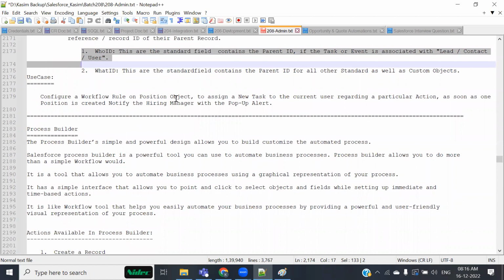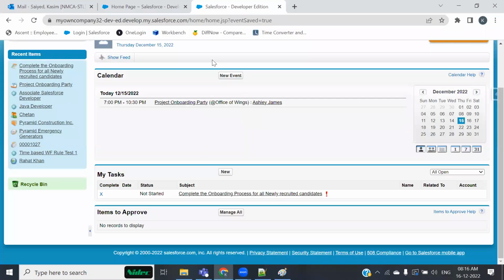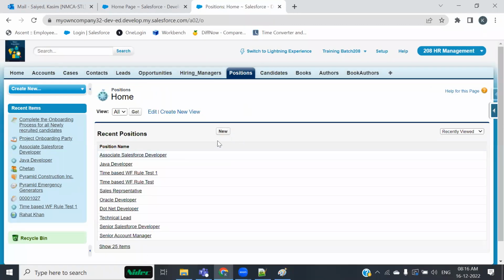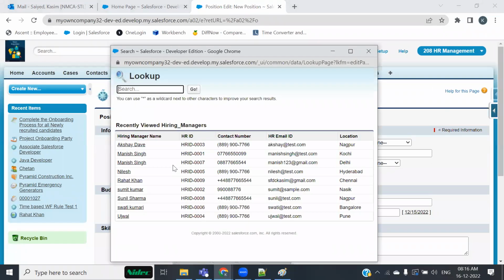Configure a workflow rule on the position object to assign a new task to the current user regarding the particular action. I mean, as soon as the position record is created, notify the hiring manager with pop-up alerts. Let me quickly tell you the use case. You create a new position and assign it to a hiring manager,